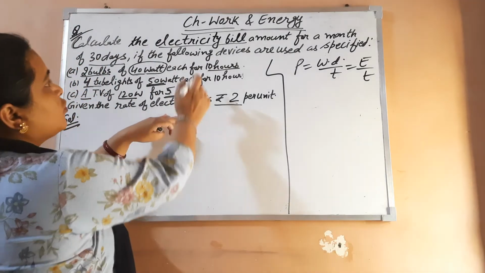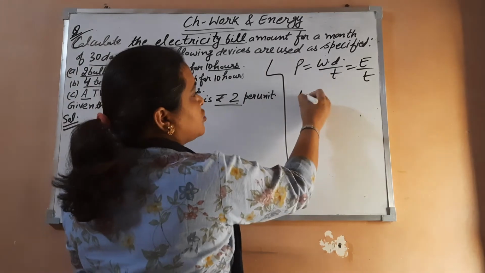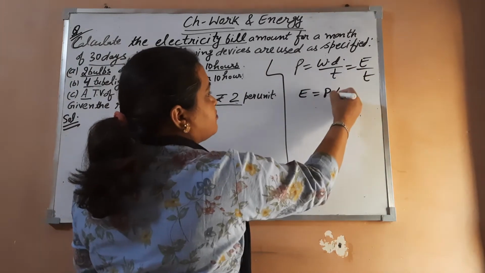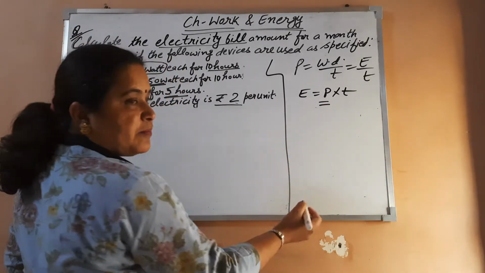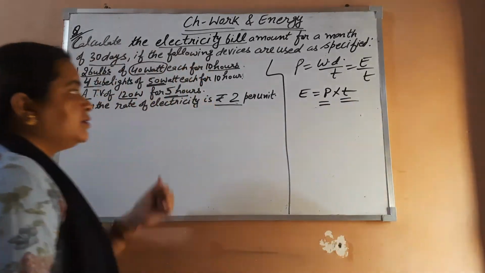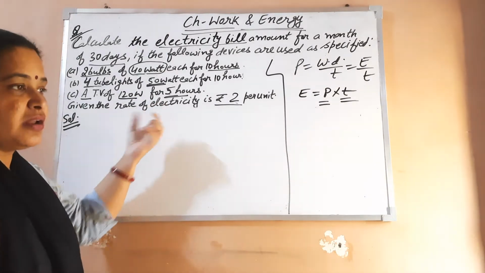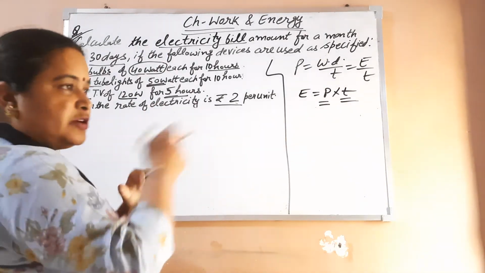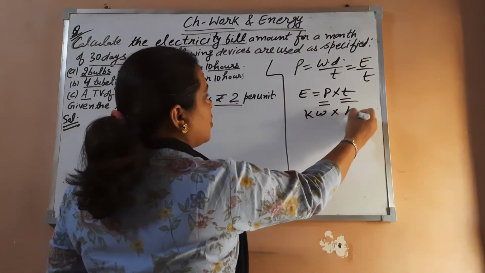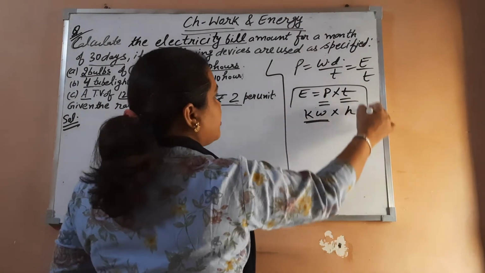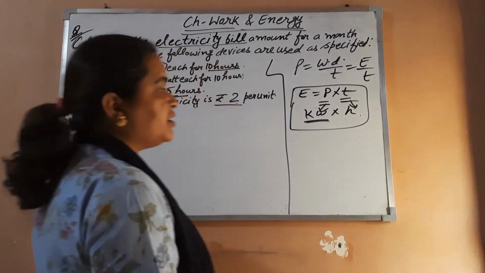Now in this type of question, we have to calculate the electricity bill or electrical energy consumption. So the energy formula becomes power into time, where power is of the electrical appliances. Joule is a very small unit for this type of commercial consumption. Commercial means the electricity that is sold to our homes. So for the commercial unit of energy, power should be in kilowatt and time should be in hour.